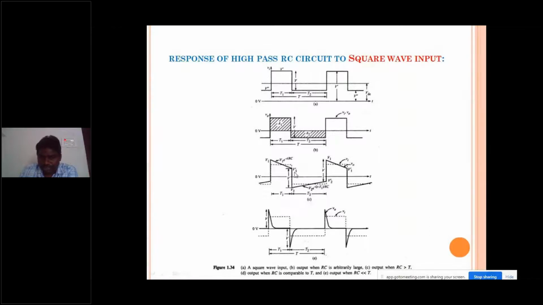It is like a step input signal. So initially it seems to be a step signal up to time t1. It is simply decreasing here like this. But at the time t equal to t1, it suddenly falls. The output is also suddenly falling. Now it seems to be a negative step. It is simply rising up to v2 dash, and the input suddenly rises to V again, so the output is also rising. For different time constants, if the RC value is much less than T, then you are going to get the spikes in the output. So this is the response of the RC high pass circuit to a square wave input.